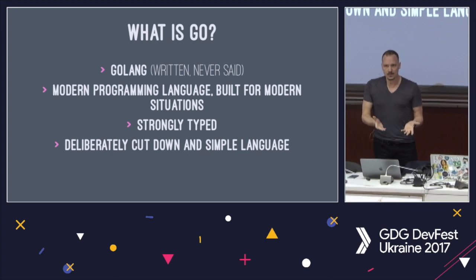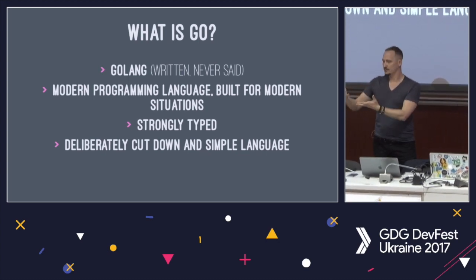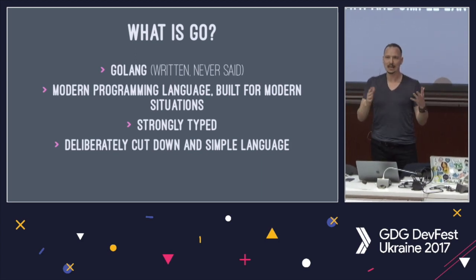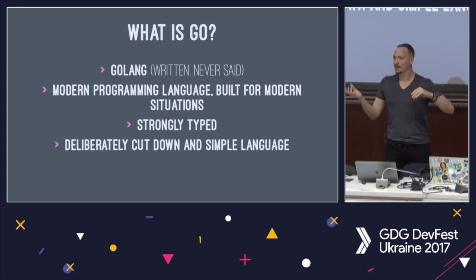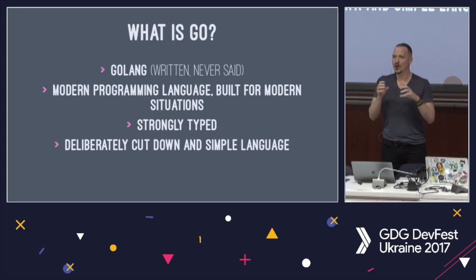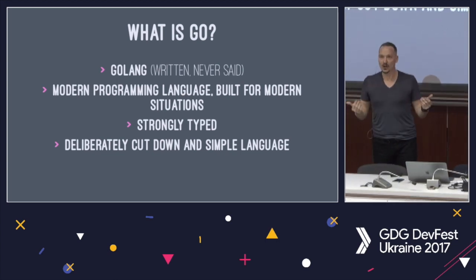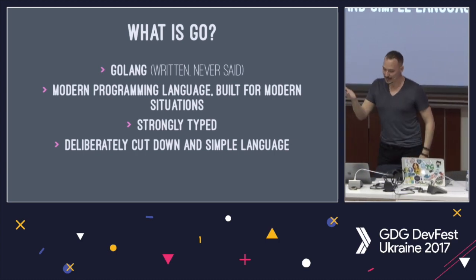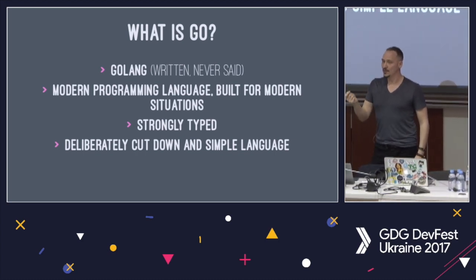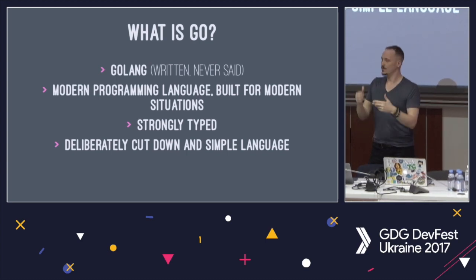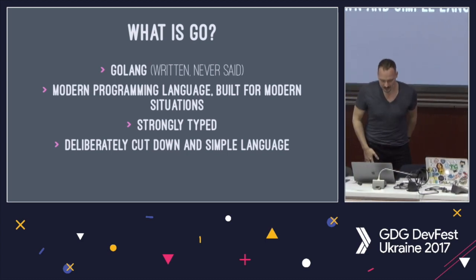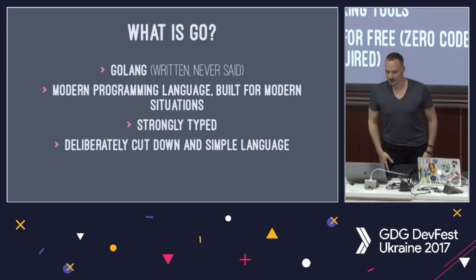It's a strongly typed language, so it's not like JavaScript where you can just do anything you like. You can't do anything. Actually, I said once at a talk that you can't do that many things with Go. And it got a laugh because people thought I was having a go at it, or mocking it. But actually, it's kind of a good point. Go deliberately has this cut down, simplified feature set. Actually, you can do complicated things, but it helps you avoid them, which I think is the point.